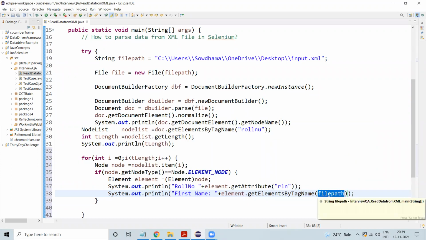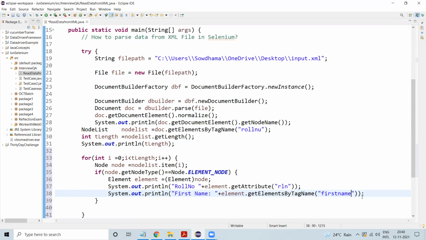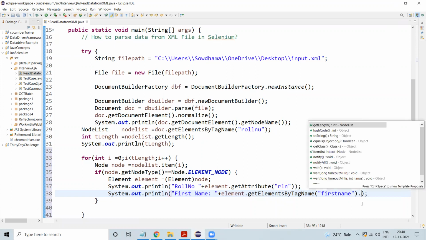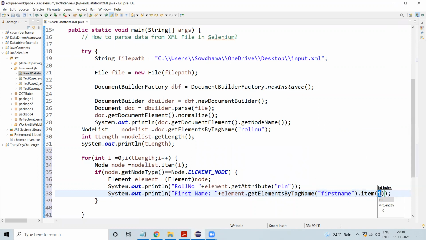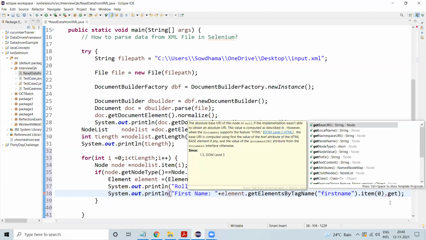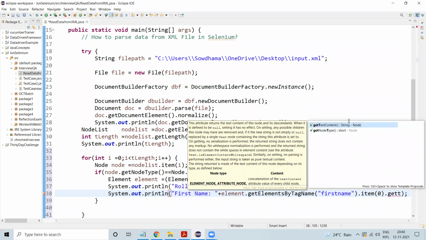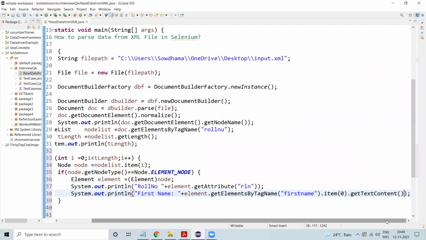The tag name will be within double quotes. Whatever you have given, the same thing you need to give over here. So I'm just giving first name over here. Dot item, you can give 0. Then dot get text content. One of the options is the get text content method, so we are just calling the get text content method.